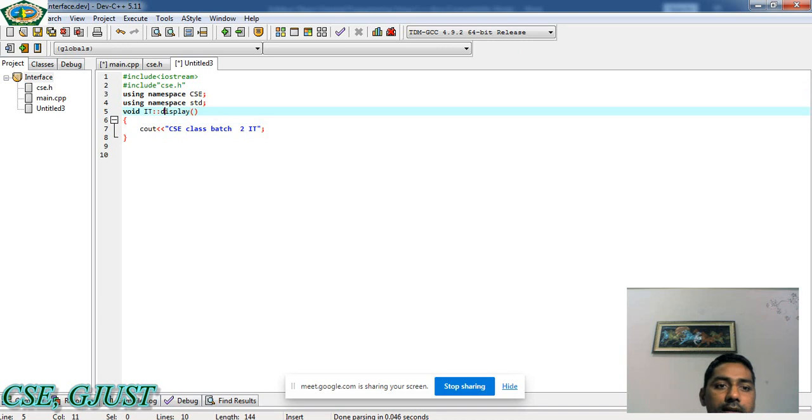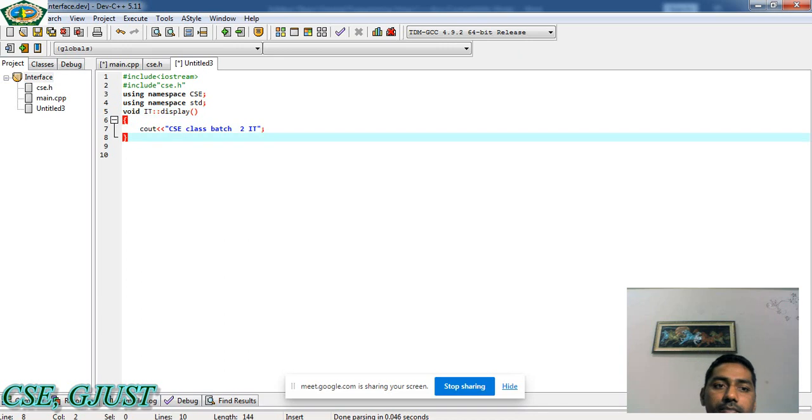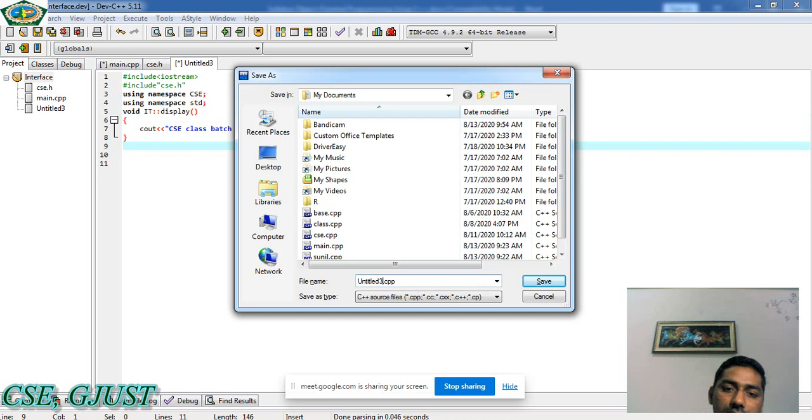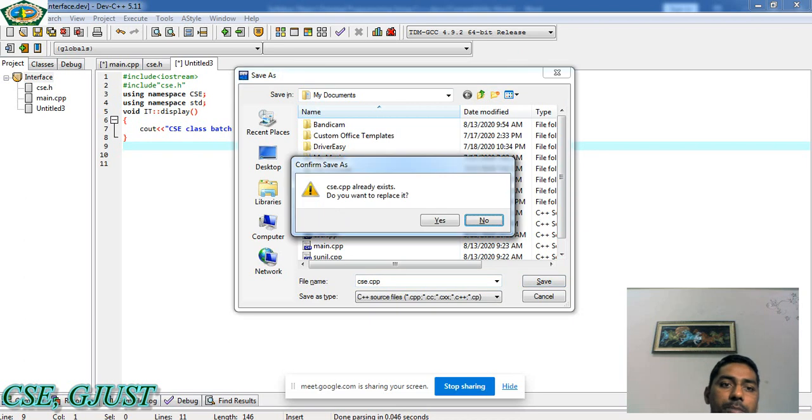So we can directly put the name IT, scope resolution operator, and the function name display. So that is the definition of the header file, csc.cpp. The extension is .cpp.